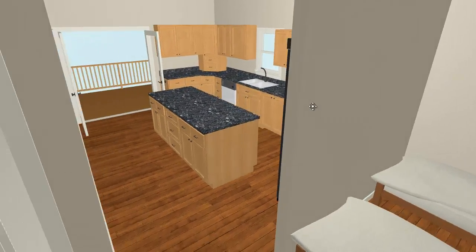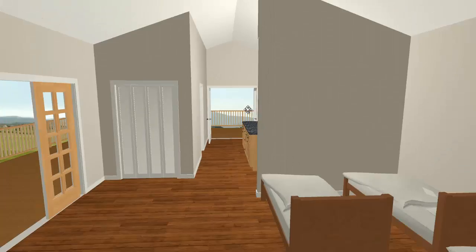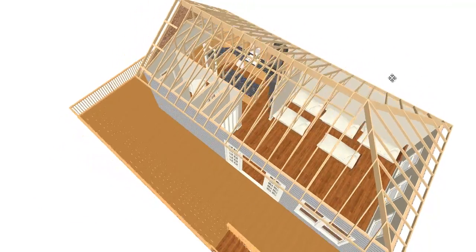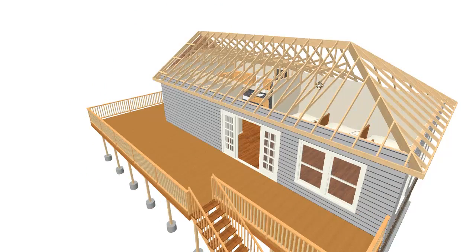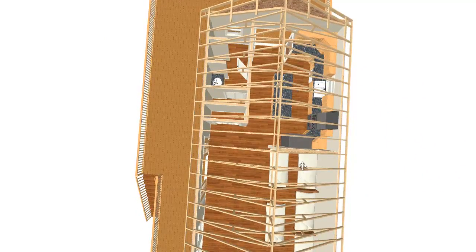Get a little shot of the kitchen. I've got another walkthrough that you could take a look at. This kind of gives you a look on the inside. It really doesn't show the 8 foot framing here, but you can see the scissor trusses. You're looking straight down. Entry comes in here,